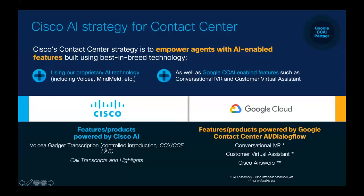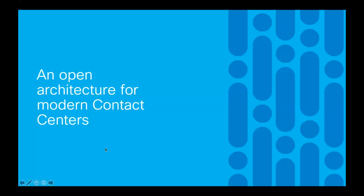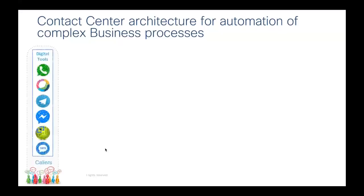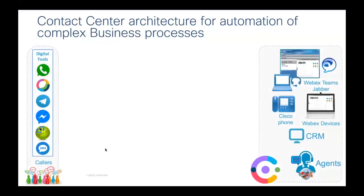Okay, all right. So as I said, it's a fairly open architecture, which means I'll just take you through a snippet of the approach that we follow in terms of bringing the AI flavor into the contact center. On the left-hand side, you can see the digital tools through which the callers interact with the contact center. And on the right-hand side, you will see what kind of gadgets the agent has today,